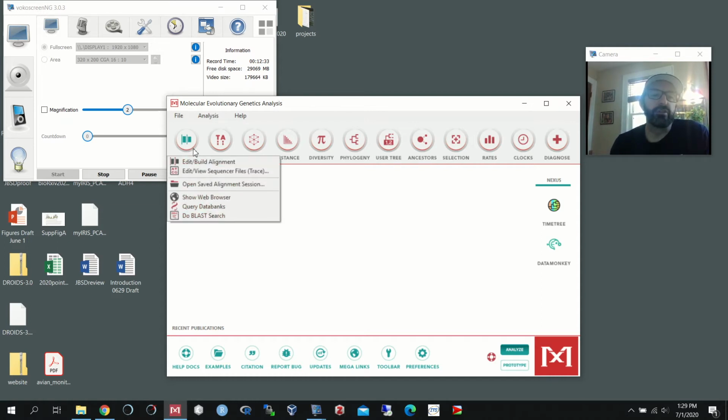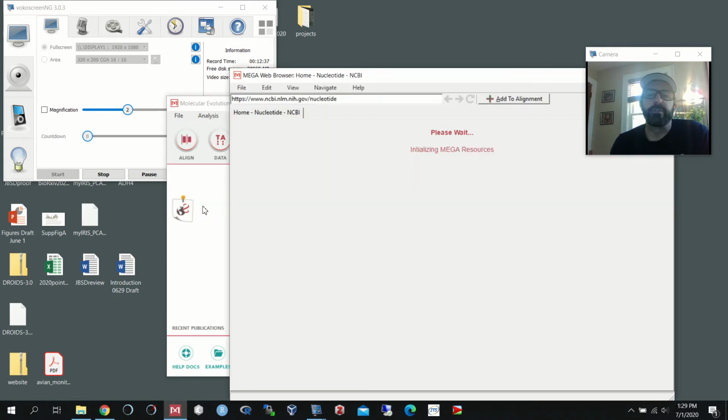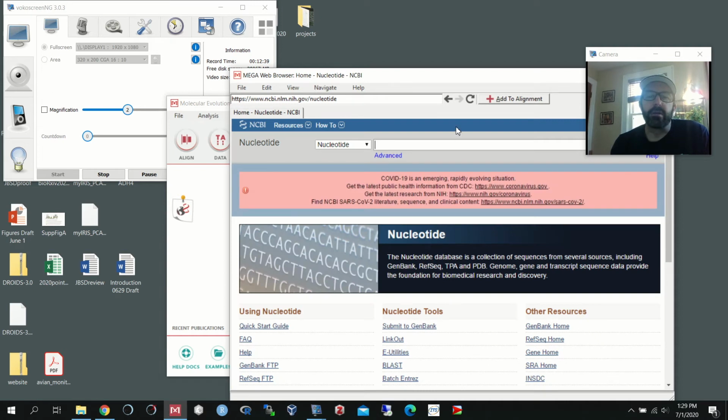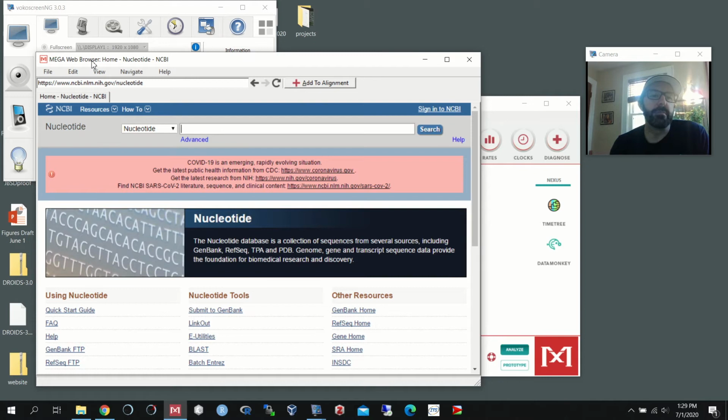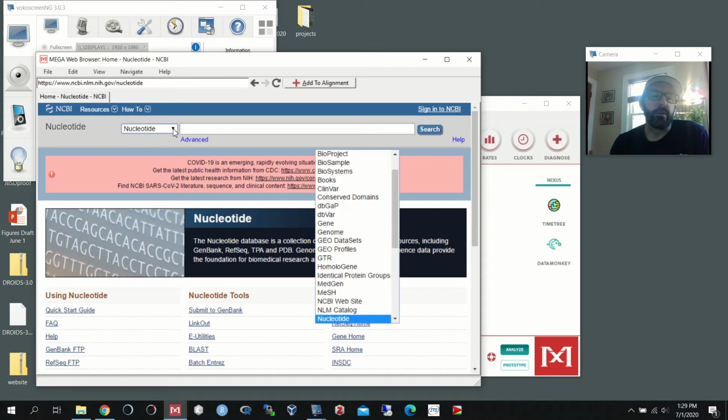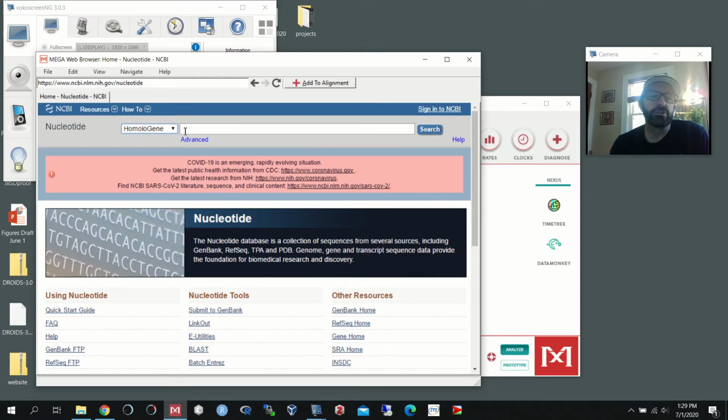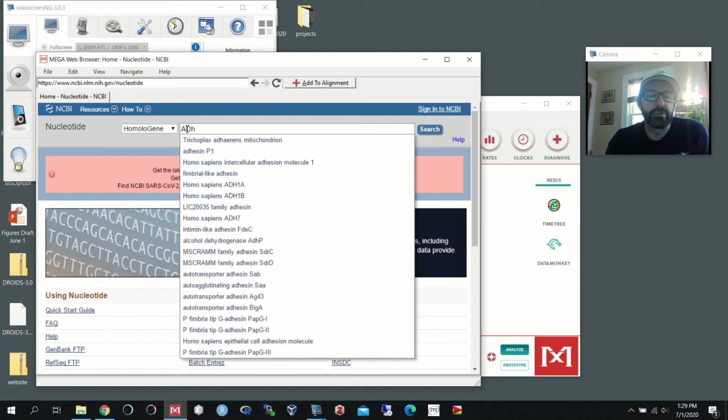When you go down to Align and go to Query Databanks, you're going to see that NCBI opens right up, but now you're inside Mega. You're in the Mega web browser, and you have this little button here called Add to Alignment. So for instance, if I were to go back to my homology search, and I search for ADH4,